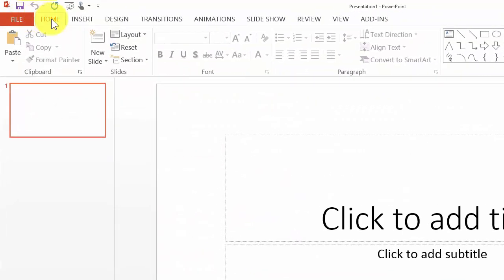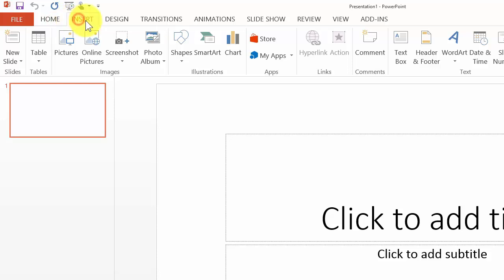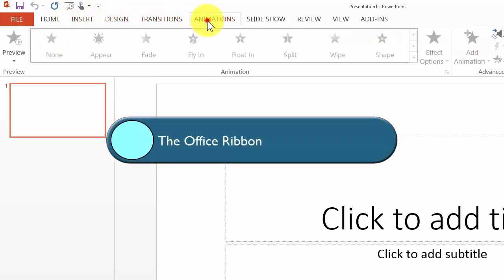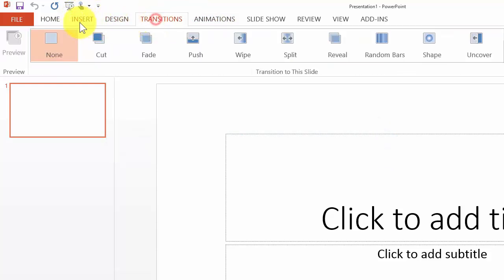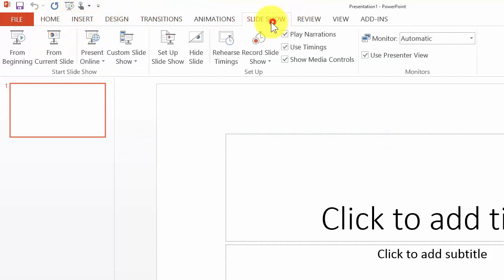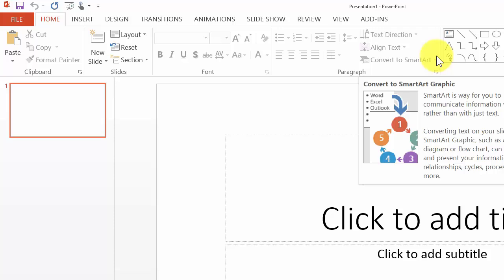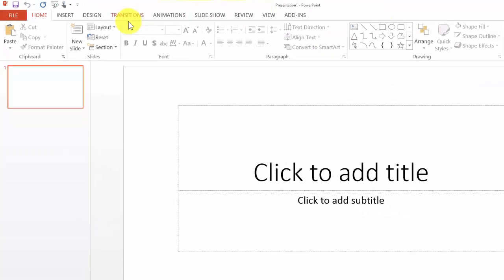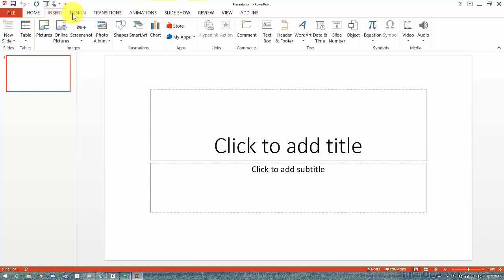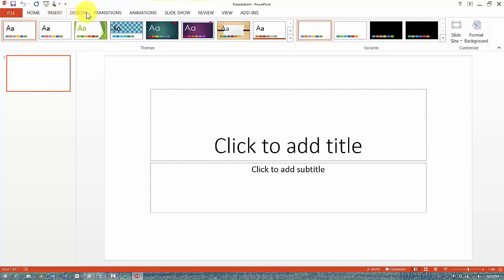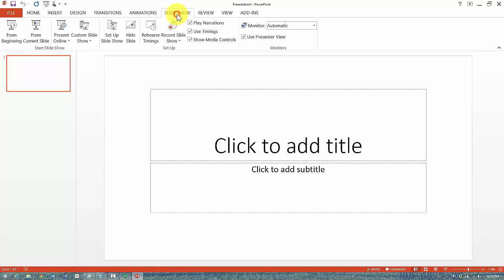Next to the file menu you have all these different tabs. These are basically the same in all aspects of the Office suite, whether it is Microsoft Word, Excel, and so on, but they'll just differ depending on the application. Typically, the Home tab contains the most commonly used functions in PowerPoint, the most basic stuff as you're getting started. And then the Insert tab, where you insert different components in PowerPoint, then the design of the PowerPoint, transitions, animations, presentations,